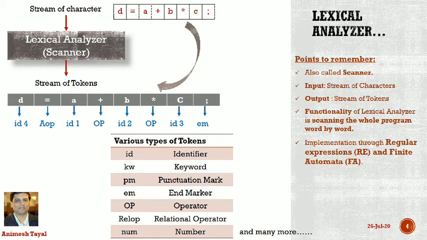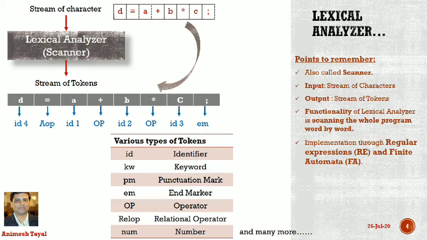Regular expression is nothing but the pattern, and finite automata is a recognizing machine of regular expression. Using these tools, lexical analyzer will implement the functionality of that phase, that is scanning the whole program word by word, and output will be the tokens.